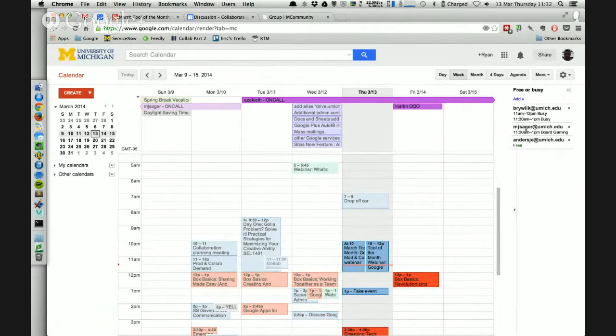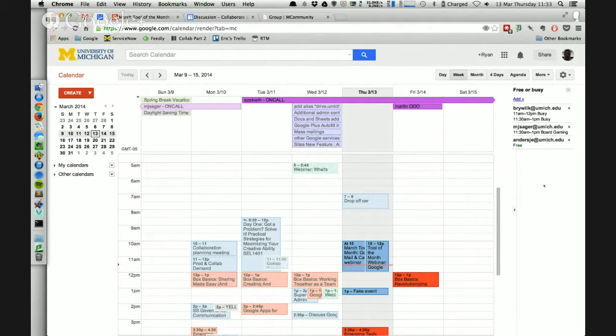Generally, it looks ahead a couple hours to show you whether they're free or not. These are people you may interact with frequently. You just need to know where they are or when they're coming back sometimes. When is my boss going to be back in the office so I can tackle him on the way in? That might show you that they're coming back from busy or whatever it is.